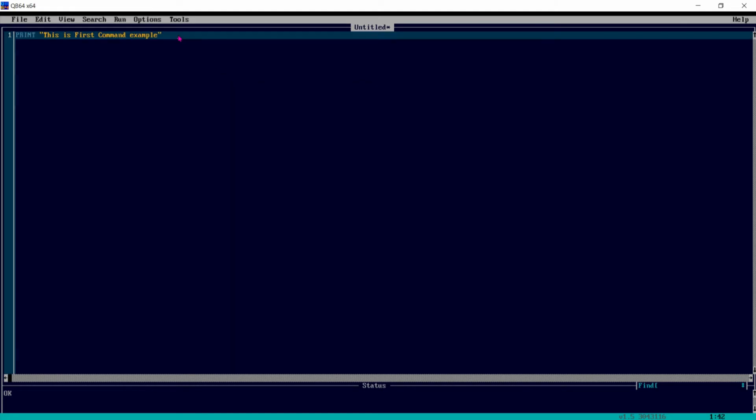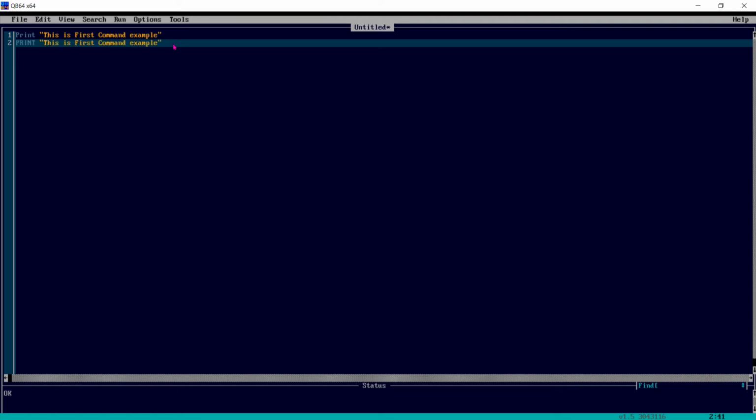I can copy it and type. This is the programming area. In this program I have just used one simple, single command, print.